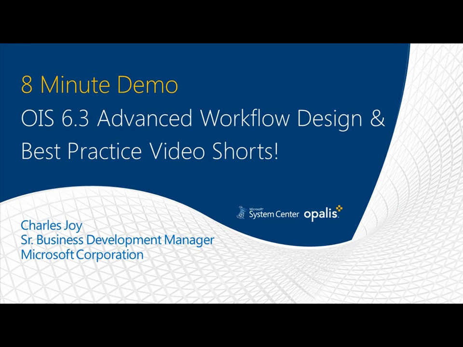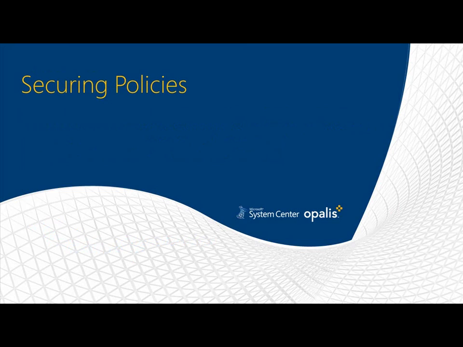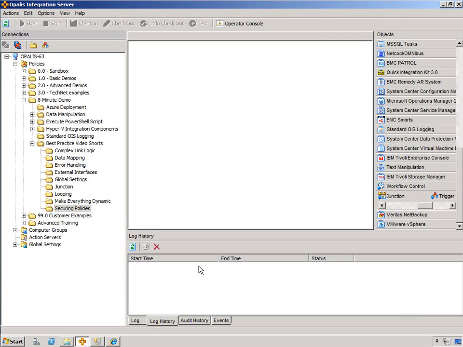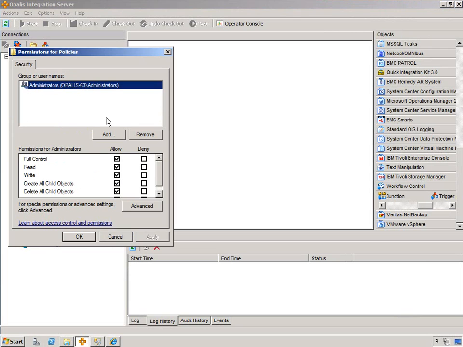And the topic we're going to talk about right now is securing policies. Let's talk a little while about securing policies. In fact, you can secure policies at a policy level, a folder level, or at a global level. So at the root here, at the policy node, you can go to permissions after you right click, and you